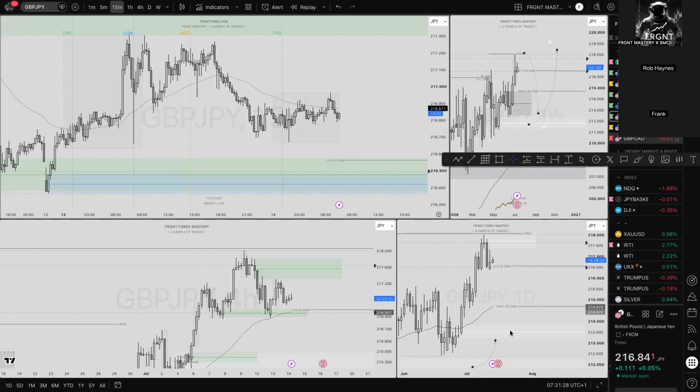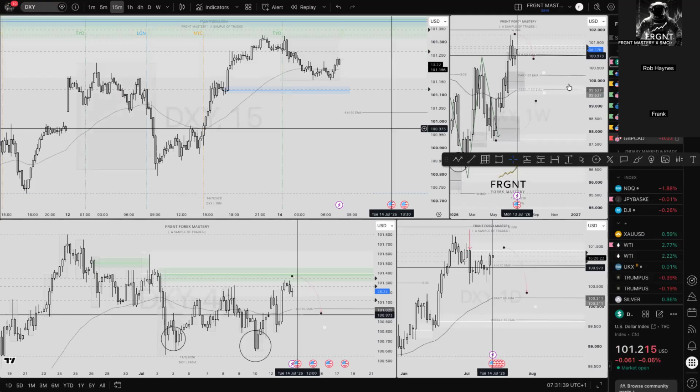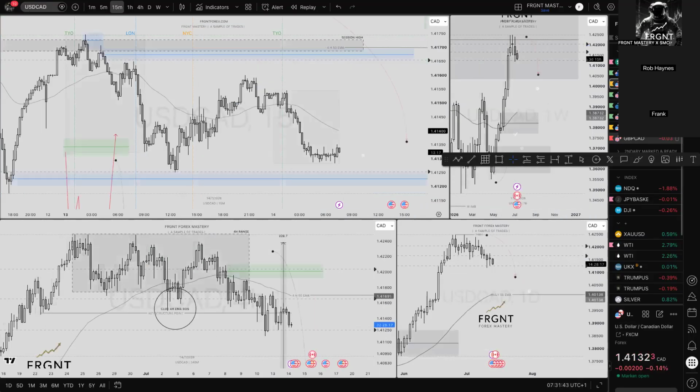I did a quick breakdown about my US dollar CAD position yesterday. It was a lovely textbook looking setup, to be honest, using the DXY. There was pretty much no reason not to take that, so I won't waste your time going over that again. But if you did want to have a look at a type of textbook